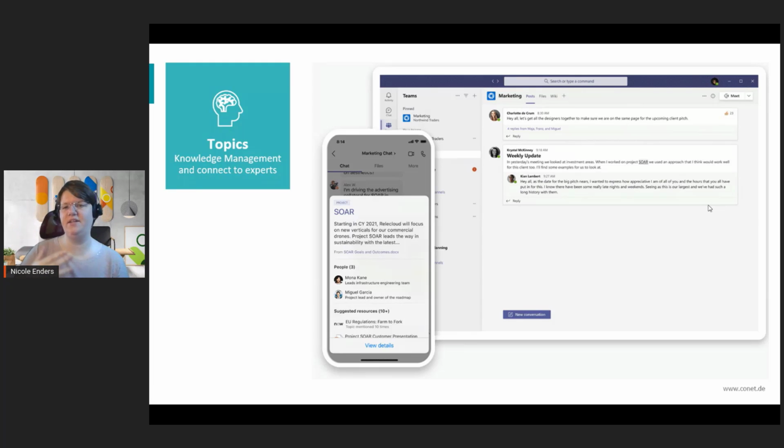The topic card will pop up, as you may be familiar with when you navigate over a person. So you get a business card of this person, and for topics, it's the topic card. So you get a first glimpse of what this topic is about. Here you see the version if you're using it on a smartphone. So you see the title, you see the short description, and here are the people and other suggested resources. So you can get a lot of information even via your smartphone.